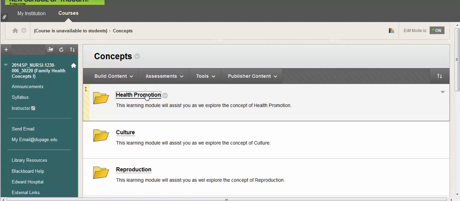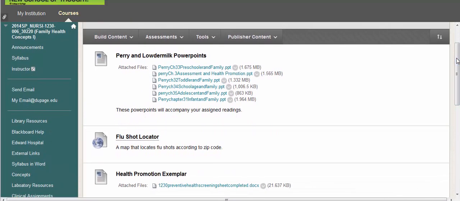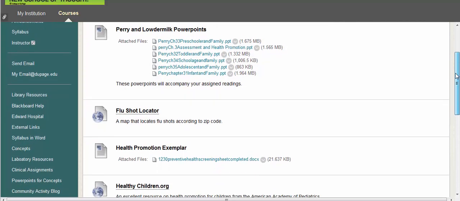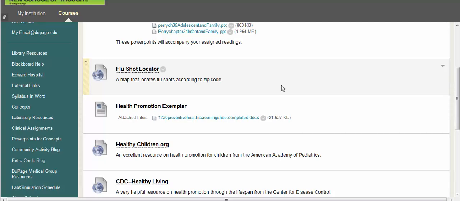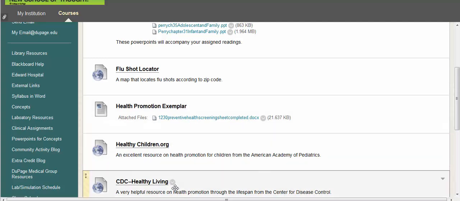And when we go into each folder, you'll be able to see there are certain things in there that you'll be using for your classroom activities, such as your PowerPoints from your Perry and Loudermilk textbook, the flu shot locator that you might be able to use for the health promotion activities, a health promotion exemplar, which has to do with the preventive health screening task force. There'll be an exercise we're going to do in class, and also some other good links that you might use